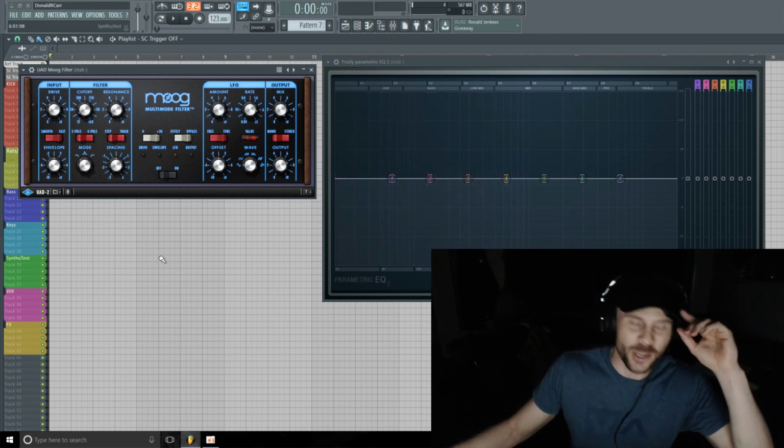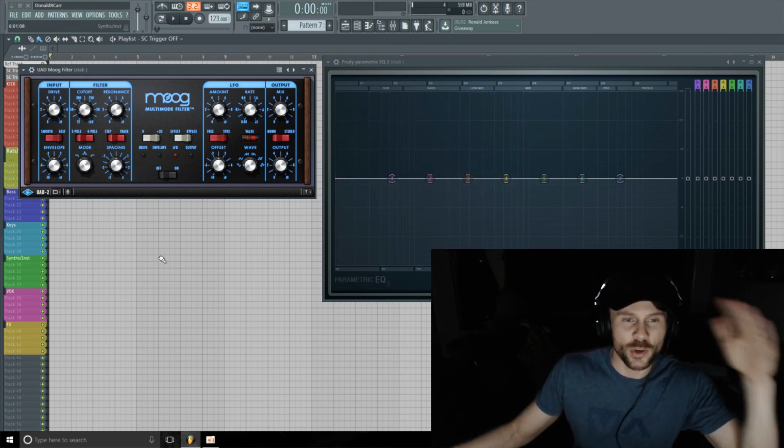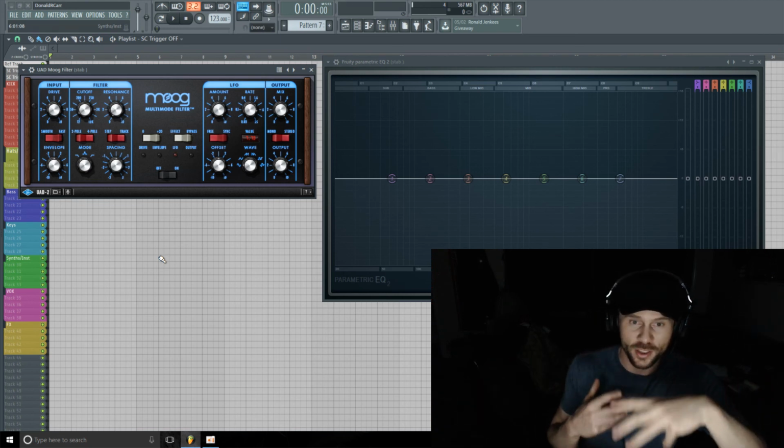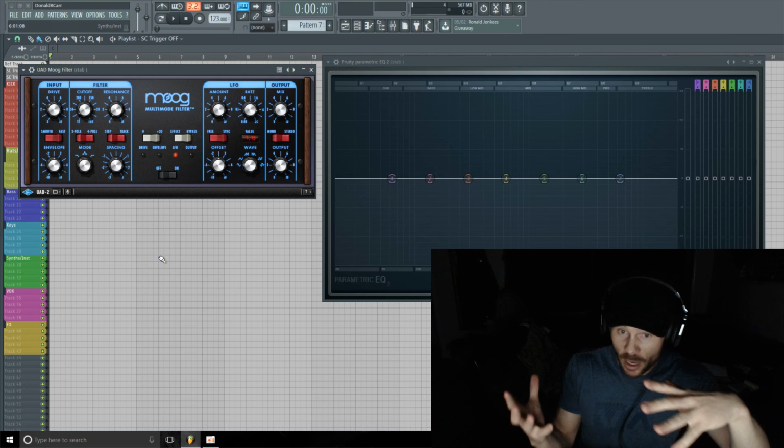Something like that, and that could be a useful subtle layer underneath your other elements,